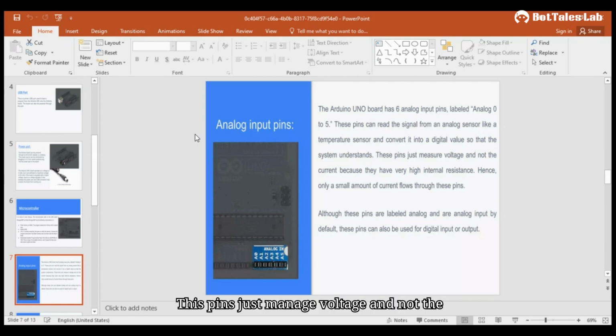This pin just manages voltage and not the current because it has very high internal resistance, and only a small amount of current flows through this pin. Although these pins are labeled analog and are analog input by default, this pin can also be used for digital